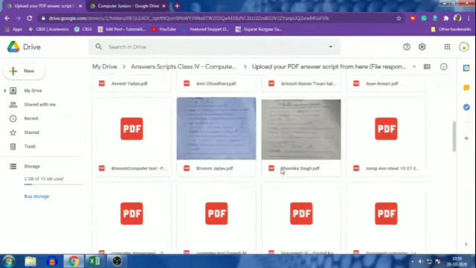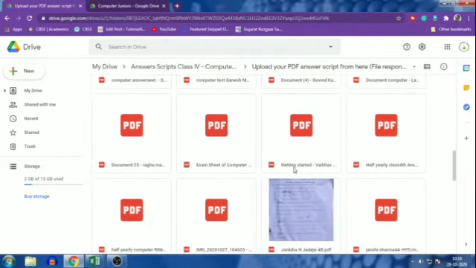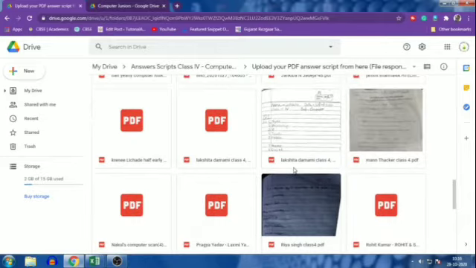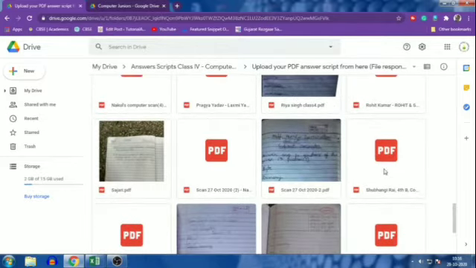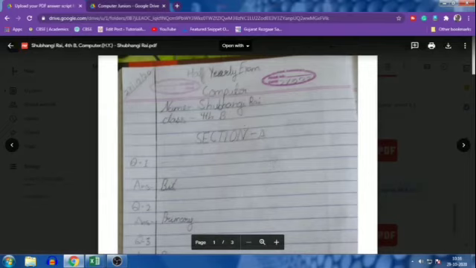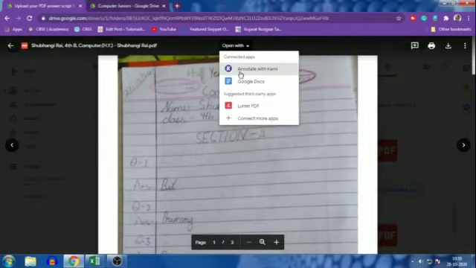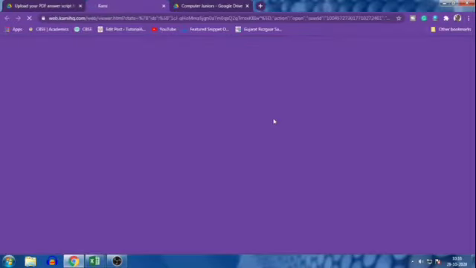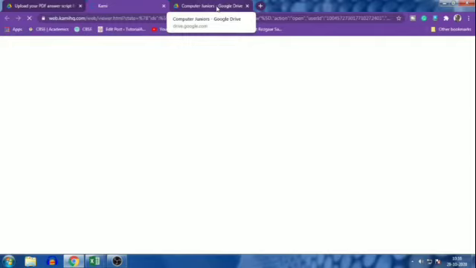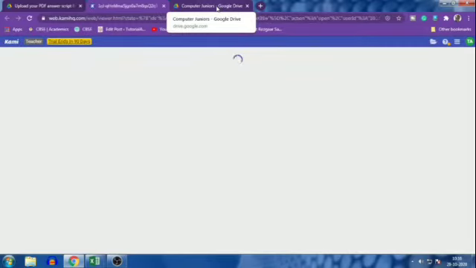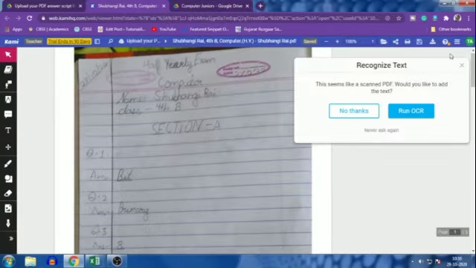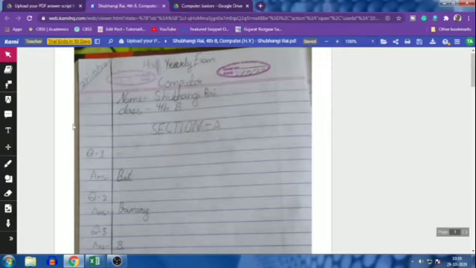So here let me check someone's. Okay, I am picking this PDF. Now I want to check this with Kami. So what you have to do, just open this and click here, open with. When you click here, you will get the first option, annotate with Kami. This you have to click. Now here you need a good grip on your mouse, so you can run your mouse pointer in a good manner. The account name is also showing. So just start your checking from here.